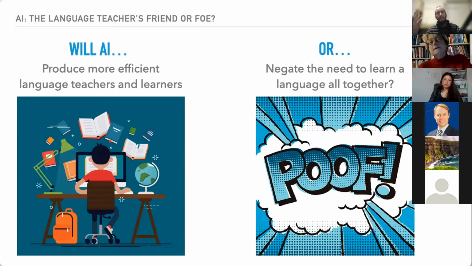Okay, so if we can do what we want to do, communicate in a foreign language with other people, using technology and without ever having to learn a language, could that outcome become real? Learning a language will no longer be necessary at all. Okay, so that's a really strong conclusion to make, and I'm not making that conclusion. I'm just asking the question, really.